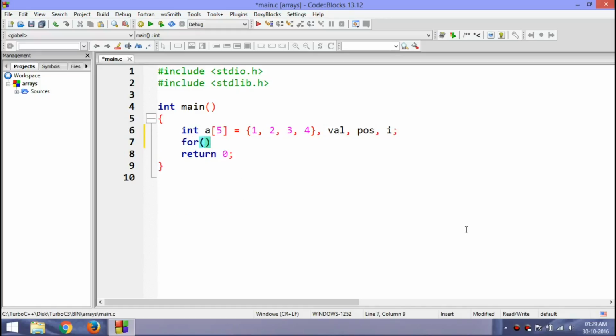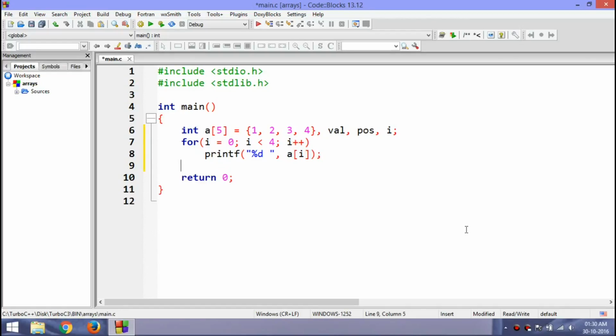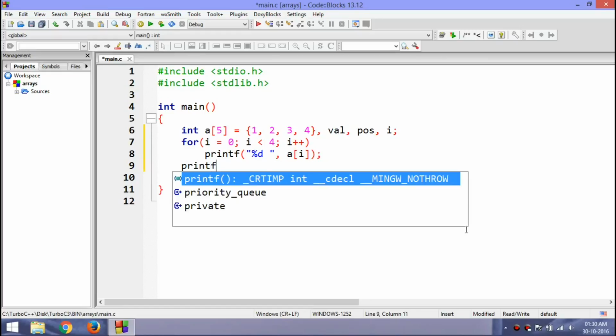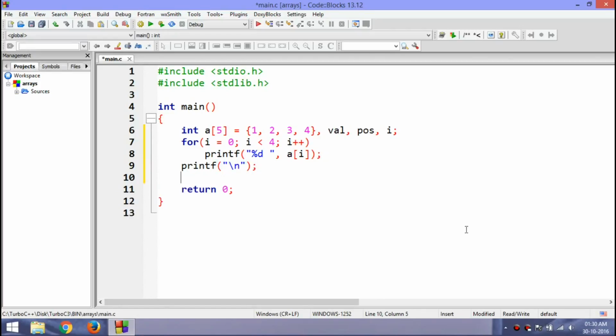Then I need the user to see the status of the array first, so I'll run the loop from i equals 0 to 4, incrementing i at each loop and printing the element at each position. And after printing the array, I need to have an enter to move to the next line so that I can do the process of insertion.